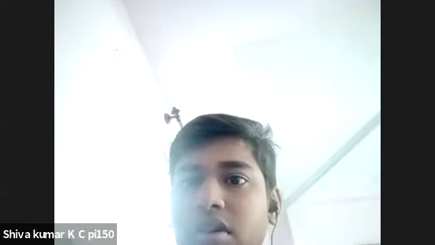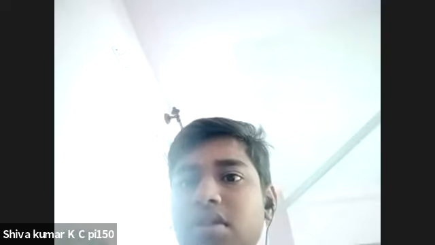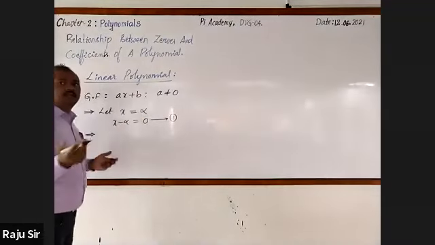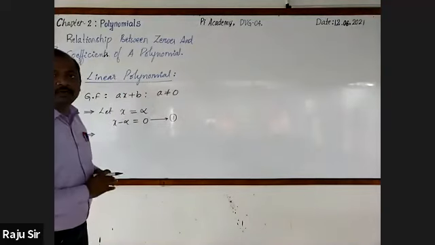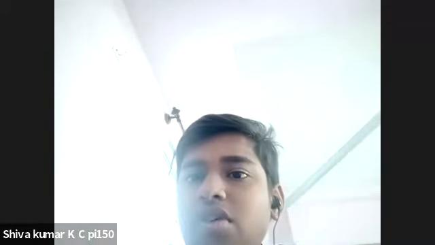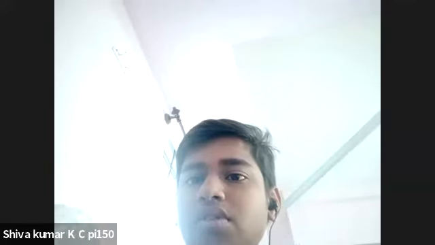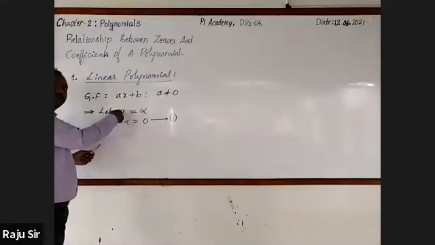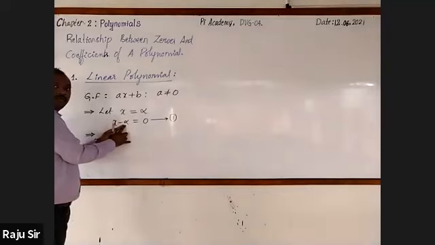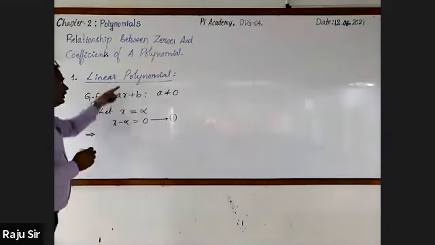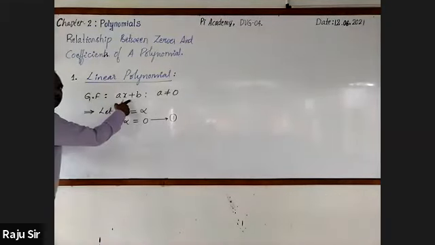Sir, x is equal to alpha, x minus alpha is equal to 0 only, sir. If you take alpha to the left side, what remains on the right side? Nothing. So it is 0. Sir, the statement x is equal to alpha is there, no sir? x minus alpha is also 0, no sir? That is only x equal to alpha. This alpha has been taken to the left hand side. Therefore, it has become minus alpha. And on the RHS, nothing is there. Therefore, it is 0.